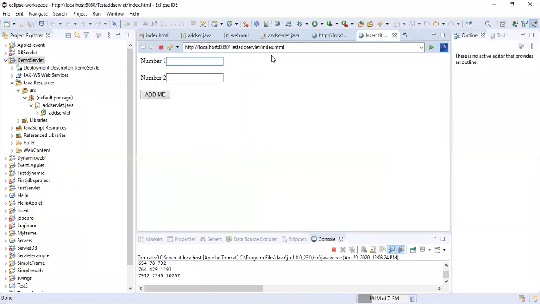We have executed this index.html of test add servlet. I will enter two numbers, say 345 and say 50, and now I'll click add. Okay, now check it out. You have got the result 395, but check out the address bar.